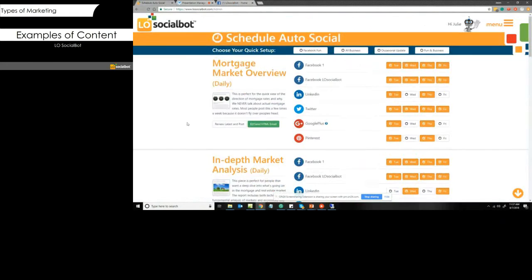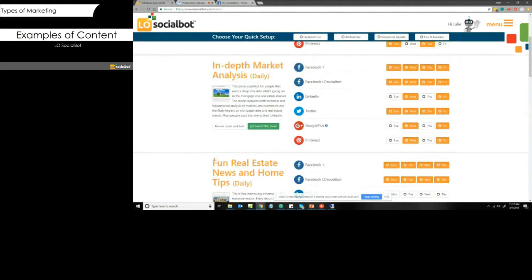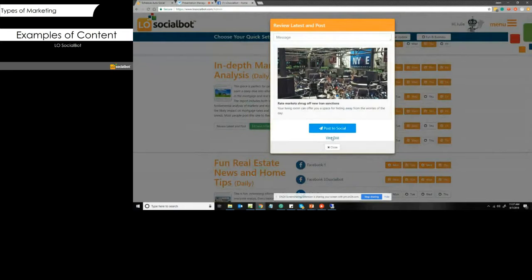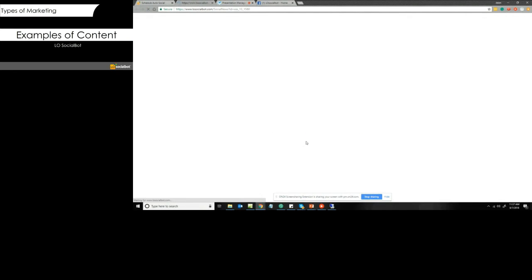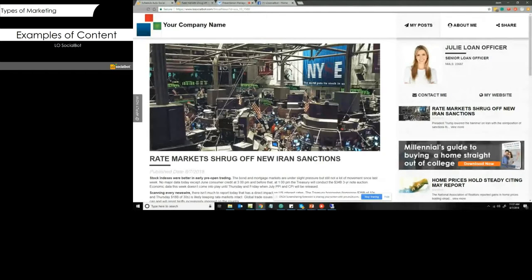We have in-depth market analysis. Now think about this. This one happens to be more for LinkedIn. So it's the same sort of timely relevant content, but there's a little bit more meat on the bone, right? And that's what we want to do for LinkedIn. It needs to be news oriented, most of the posts we post, but